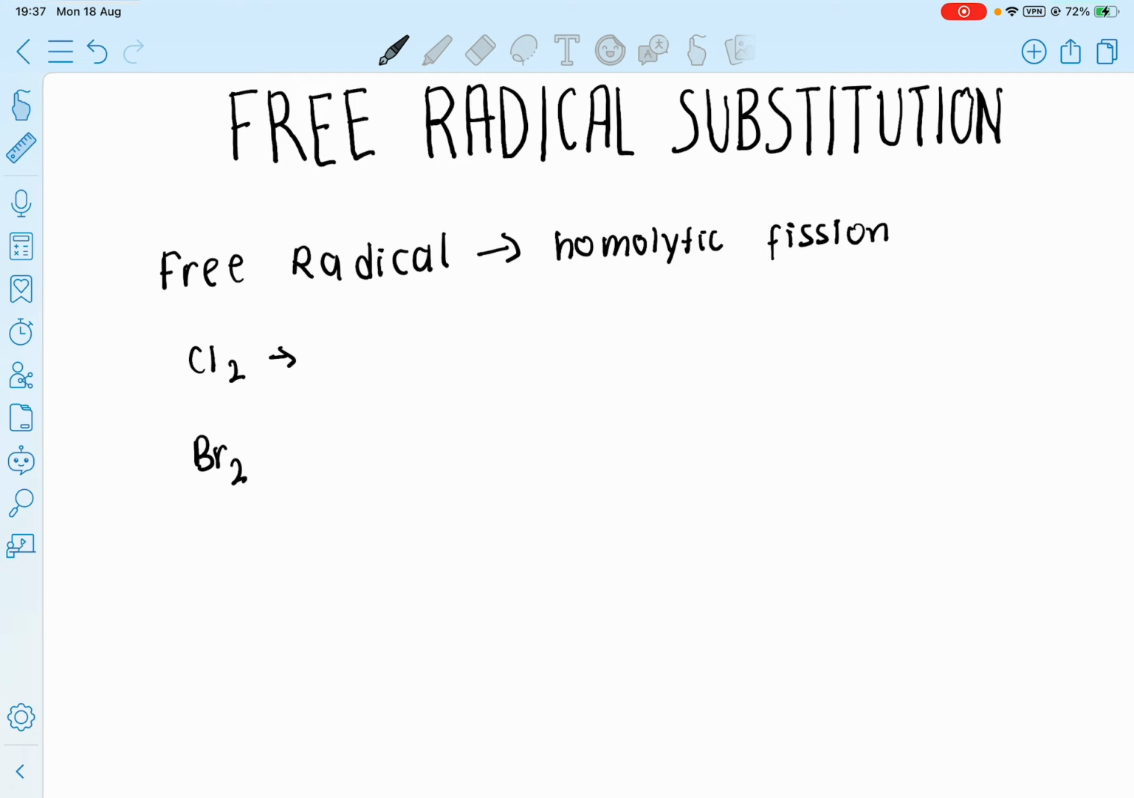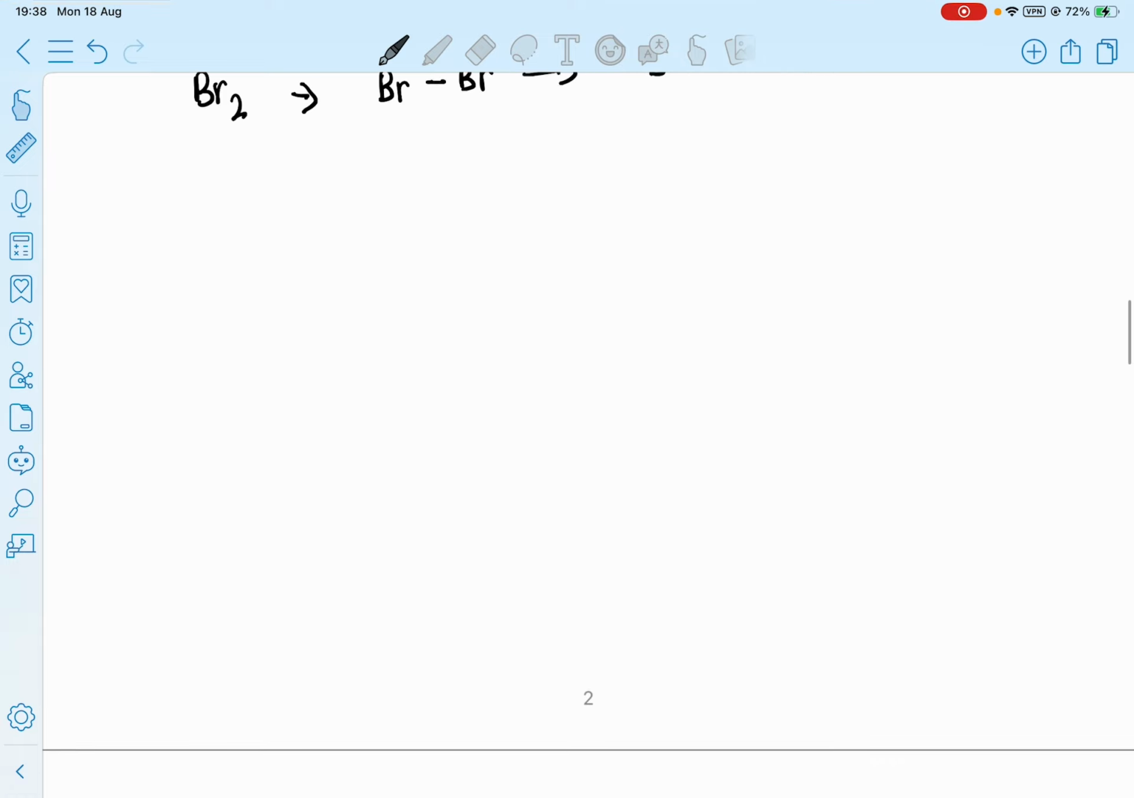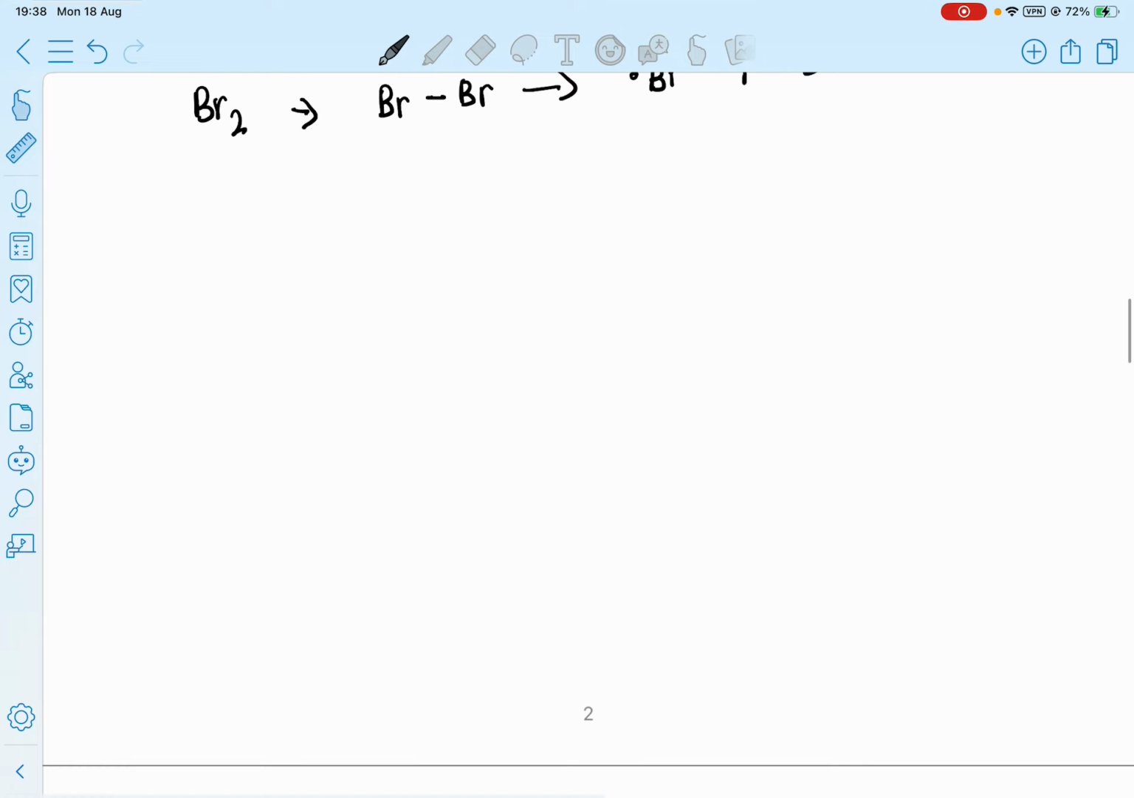So, for example, in Cl2, it's Cl and Cl. It becomes Cl radical plus Cl radical. Same thing goes for bromine. It's Br, Br. Now when the bond breaks, it becomes bromine radical plus bromine radical. Now, these radicals are typically very reactive, so the reaction that first occurs is initiation, which we basically just saw